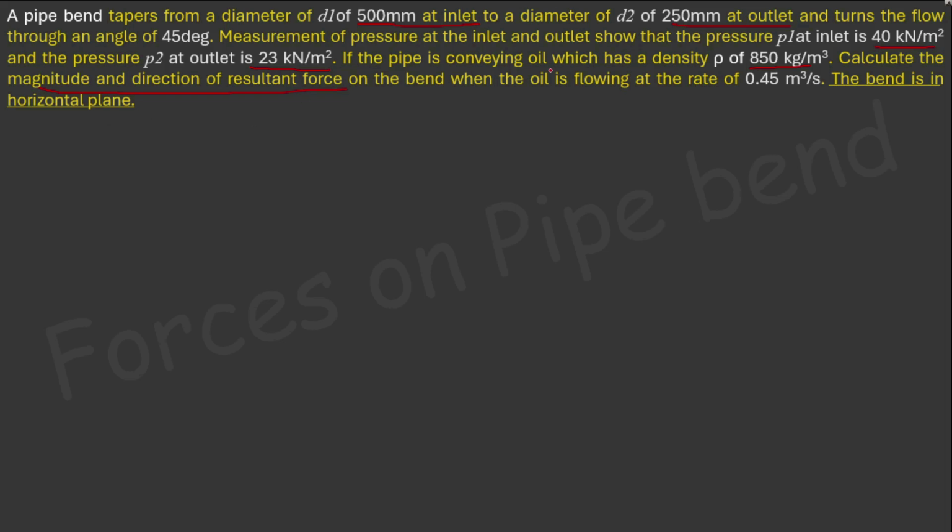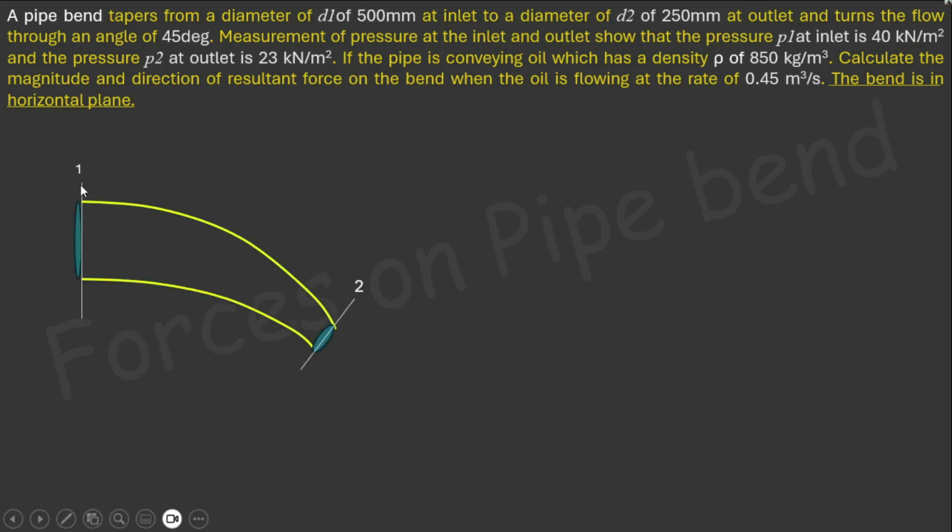When the fluid is in motion, its momentum will change as it passes round the bend, and if the pipe tapers, there is a consequent change in magnitude of its velocity. Consider a tapered pipe between section 1 and 2. This is considered as the control volume. Here is the inlet and here is the outlet. It is given that the bend is in the horizontal plane. So this part we are considering as the